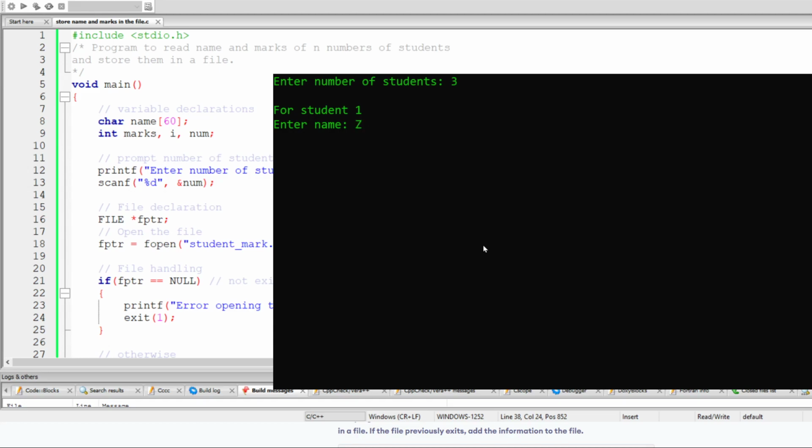Enter name, summary, enter marks 100, key in for the second student, Ali, enter marks for Alice 29, enter for student number 3, Abu